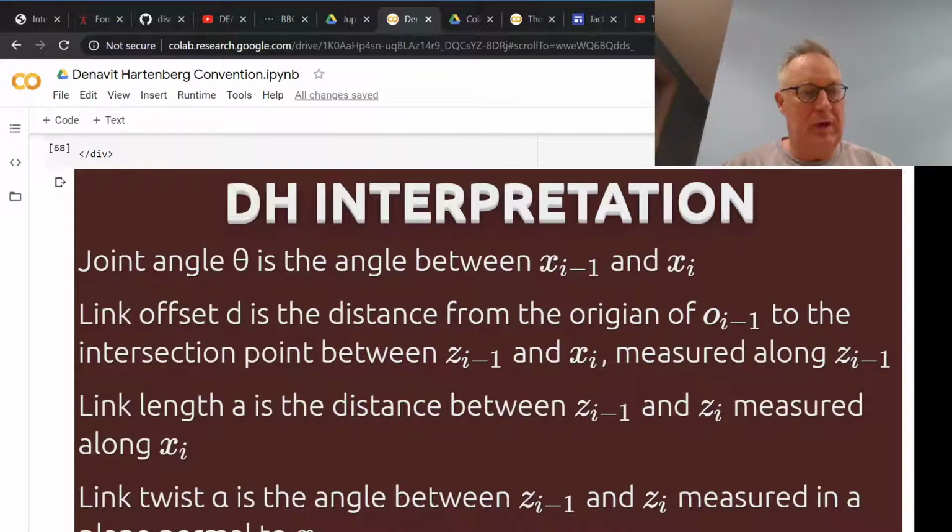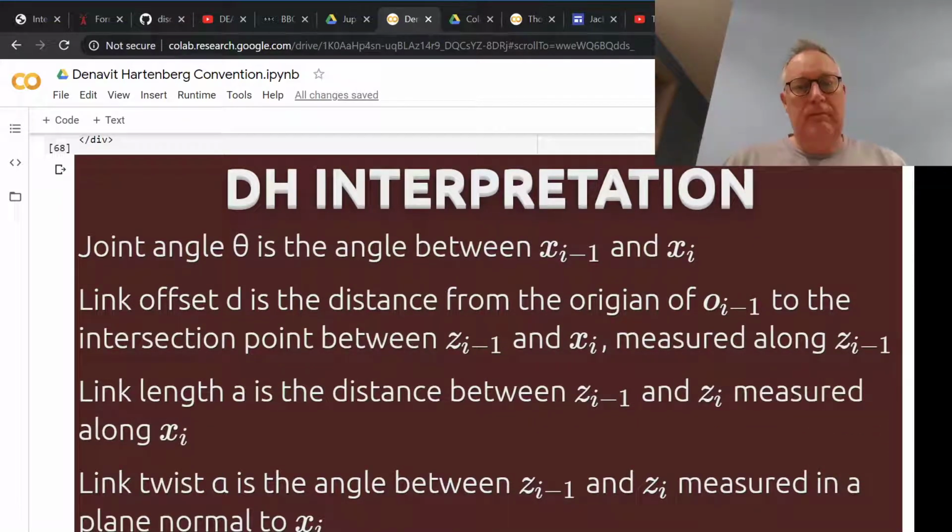So we start with the inertial frame, and then iterate from 1 up to n. The z-axis can be assigned arbitrarily